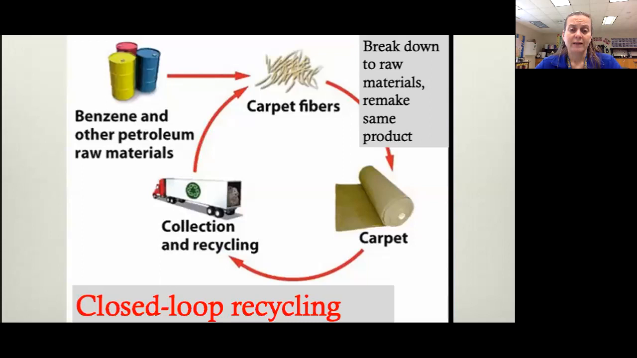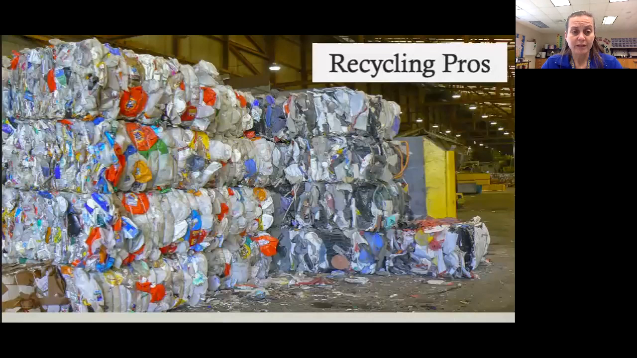Closed loop recycling is taking the material and breaking it down and remaking the same product. So classic example of this, of course, is aluminum cans. Those get melted down and made into new aluminum cans. You can do the same thing with carpeting, as well as with some plastics, and certainly with glass. So pros of recycling: